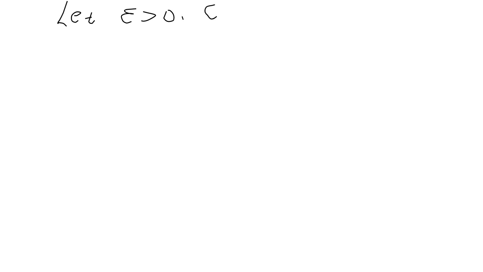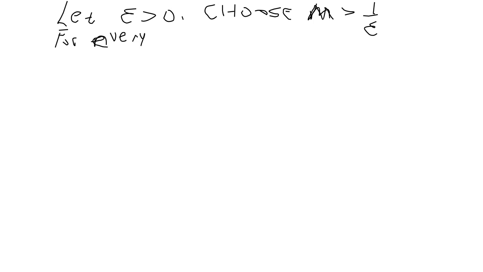So we're going to choose M, capital M, to be greater than 1 over epsilon. Interesting, right? For every n greater than M,